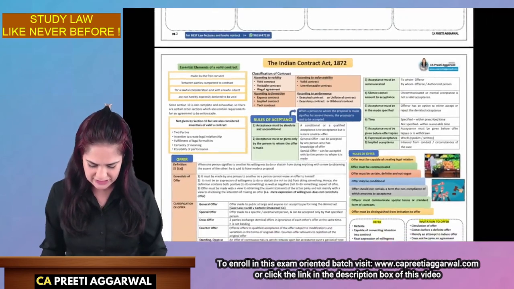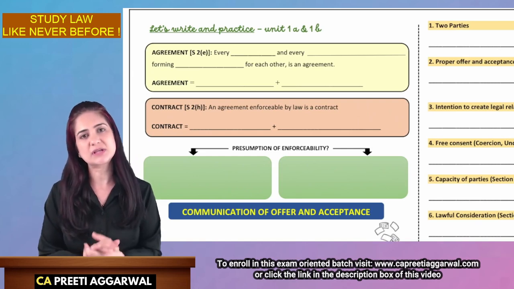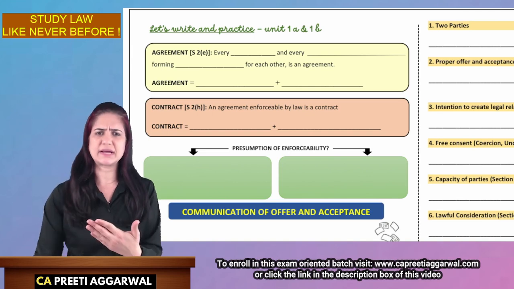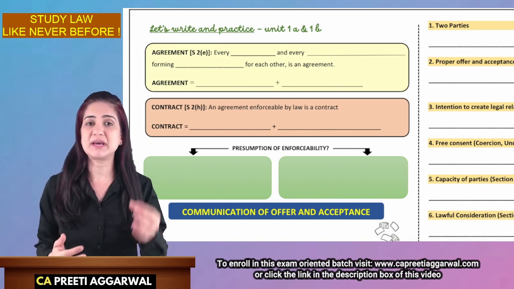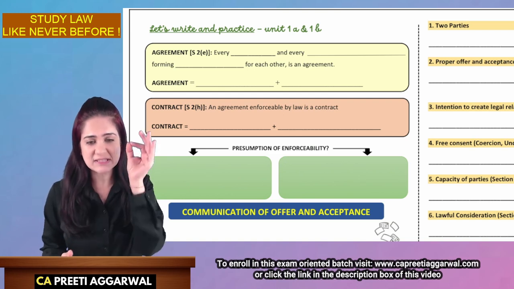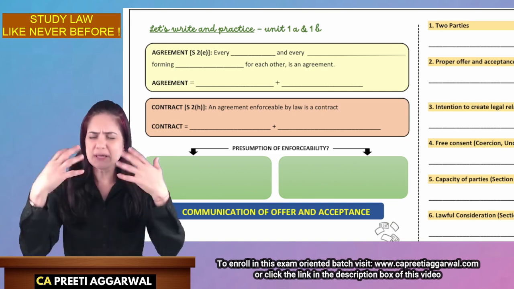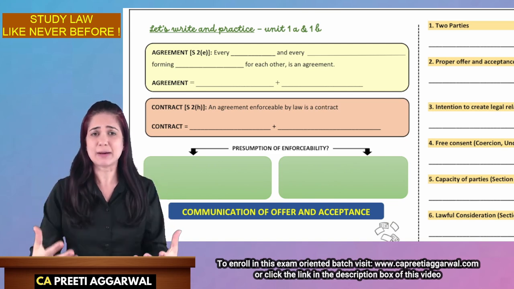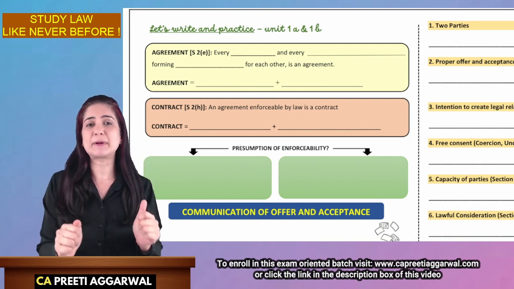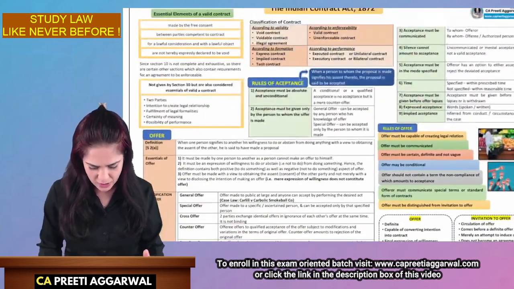After we finish revising the chapter, then we will again write and practice those keywords. Because of this multiple reading, learning, writing, I'm very sure that you will be able to recall each and every keyword, phrase, sentence, section number in the exam. So we will keep on learning, because this is an exam oriented batch. In a very short span of time, I will prepare you for the main exam. So first we will revise the concept.